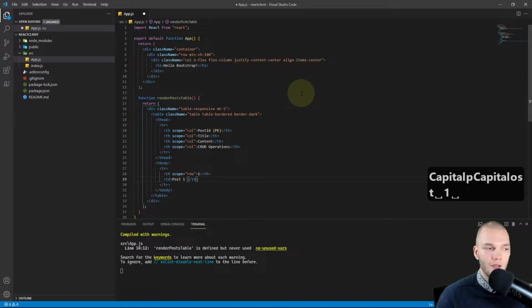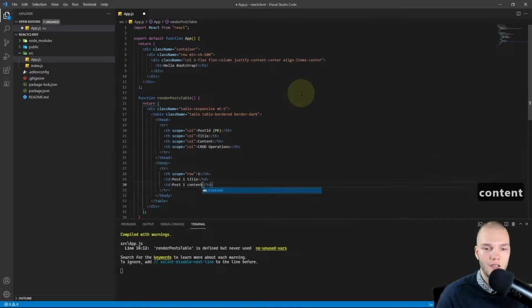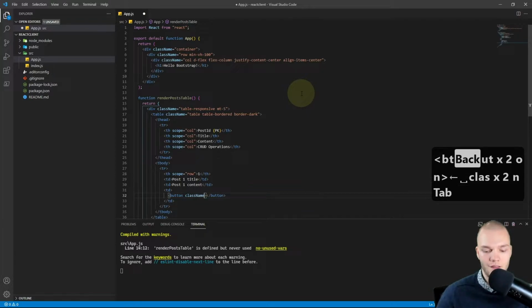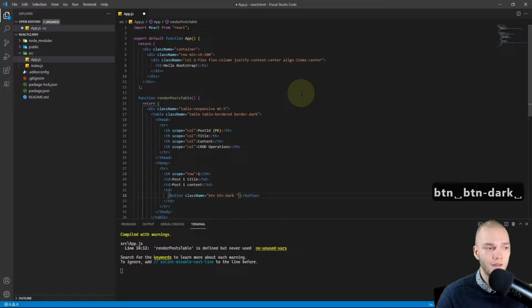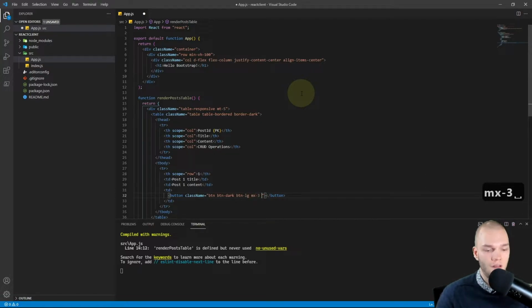And for the text I'll do post1 title, duplicate that downwards, and change that to post1 content. Then for the buttons, I'll add another td and hit enter to open it up. Then I'll add a button element, and I'll set the class name to btn, btn dark, btn large, mx3, and my3.